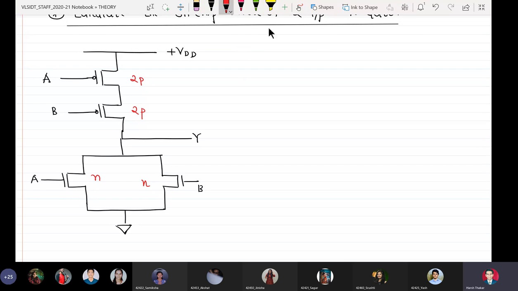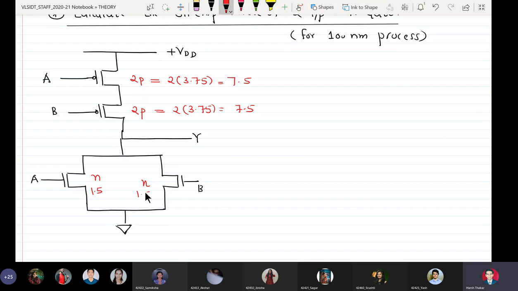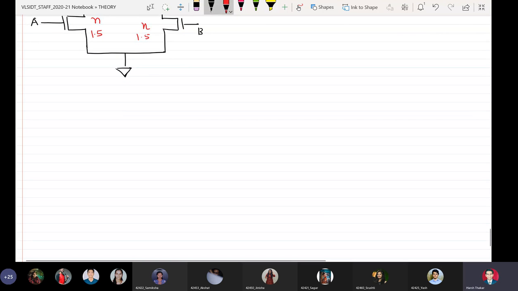Again we are assuming a 100 nanometer process. So we have 2p equal to 2 into 3.75, which is equal to 7.5. And here n is equal to 1.5. Like before,